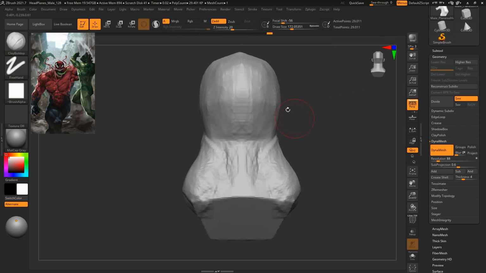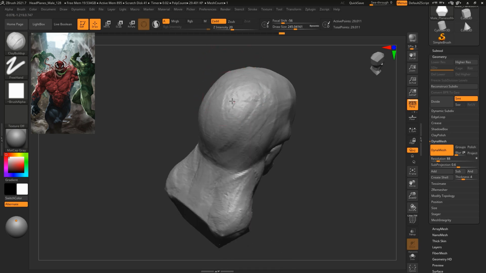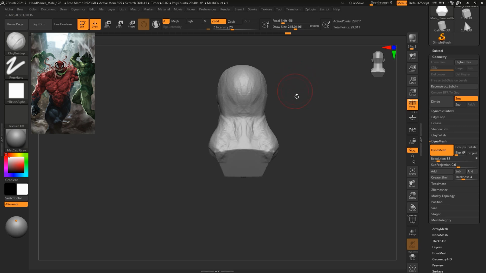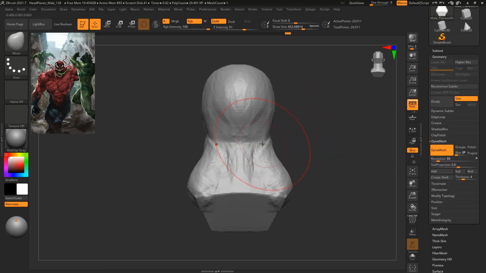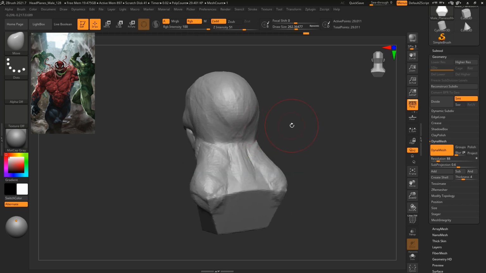Again, just to make it different from the other ones I've already created. Just going to block out some more of this back of the head section, and pinch in the sides here, the back, and then I'll add some more